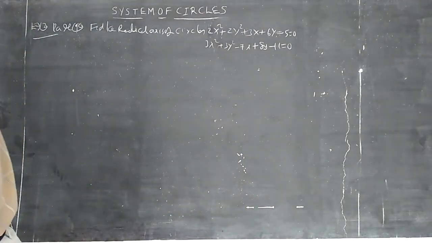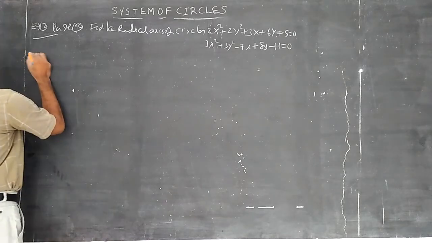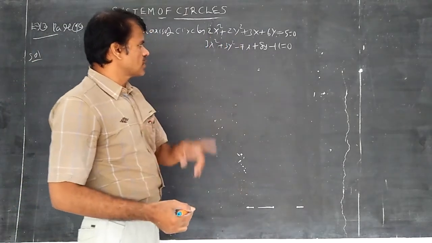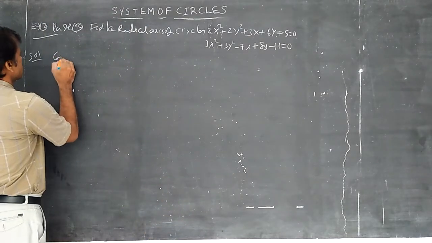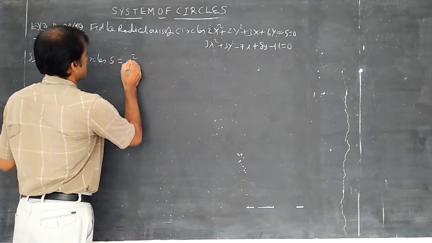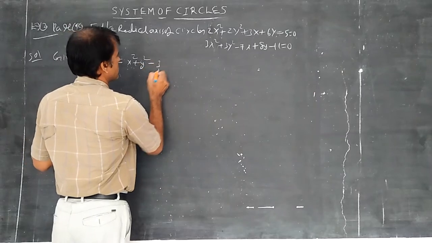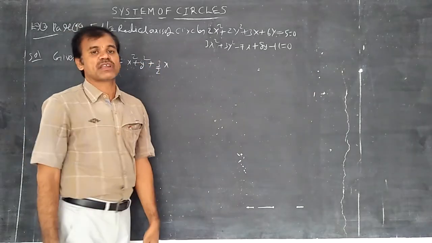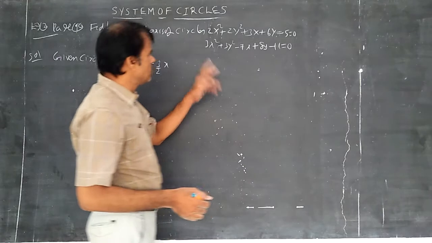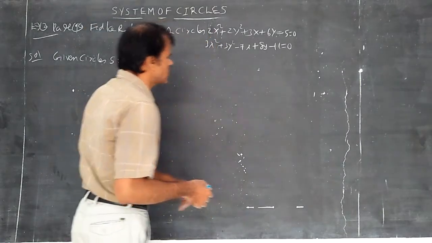We should calculate the radical axis of the two circles. Whenever the circle is not given in standard form, we should get the equation into standard form. So what is the standard form? We should get the coefficient of x square and the coefficient of y square the same, that is 1. So for the given circles, you should standardize, don't forget. If you forget and simply take S minus S dash, you will not get a line. It is absolutely wrong. The 2 marks question is important there. He will be giving it in the question paper like this only. You should standardize, that is your responsibility.